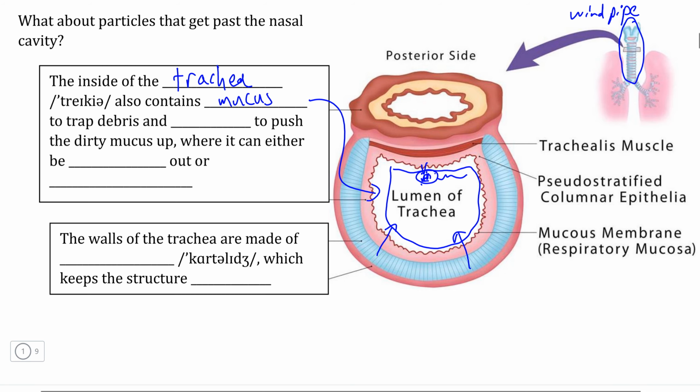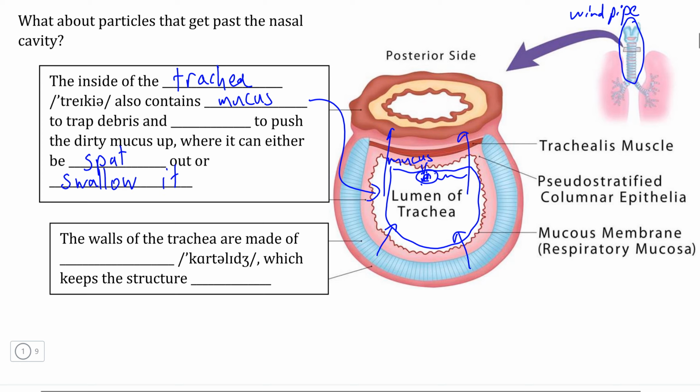Now, at this point, you can use one of two ways in order to get this contaminated mucus out of your trachea. You can use the muscles inside of your trachea to actually cough up this mucus and bring it up to the opening of your mouth. If you've ever heard someone clearing their throat with a deep cough, like that, what they're doing is they are actually pushing the mucus all the way up to the top of the trachea, where you can either spit it out of your mouth, which is probably the smarter solution, or